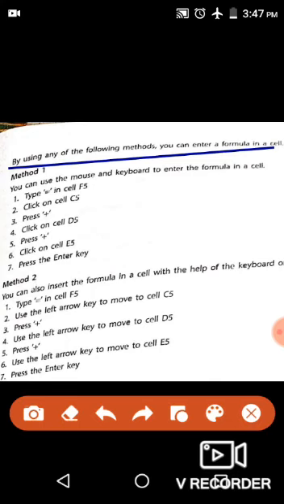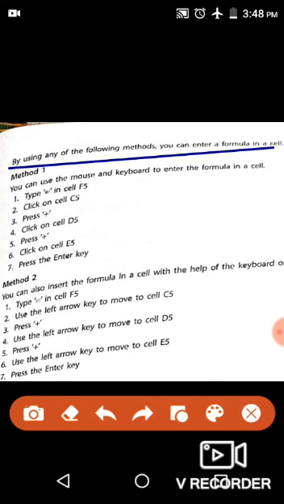Then fourth step is to click on cell D5. D5 contains the 35 marks of Vidit Dhingra in maths. Click on it. Then again press the plus key from your keyboard. Then click on cell E5, that is the computer marks of Vidit Dhingra, 27, and then press the enter key. Then the addition formula will be applied and you will get a total of 102 marks.